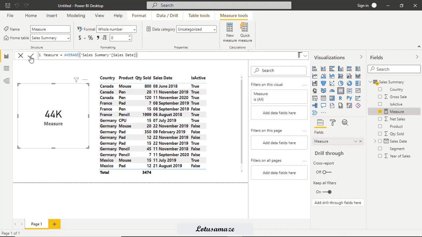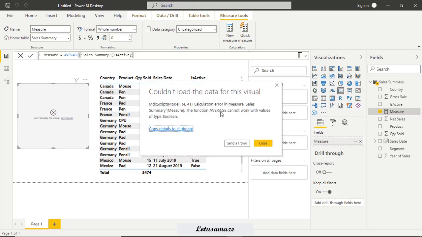So this doesn't make any sense. And finally, we have the logical value. We try is active. Again an error. We check details. The AVERAGE function cannot work with values of type boolean. So the AVERAGE function does not support text and boolean.